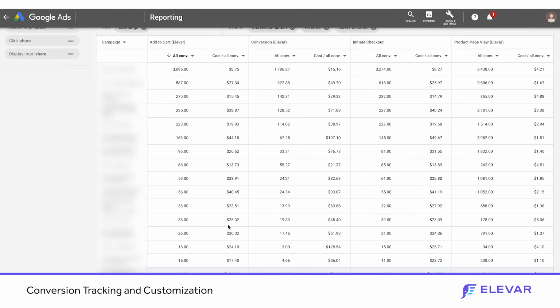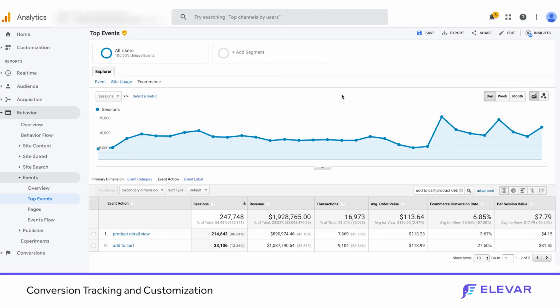So where can you apply this data? Instead of just your purchase conversion evaluation, where can you apply this? If you went through the process of configuring events across your site, or if you have the native Shopify GA set up, you'll have a lot of these basic events like your add to cart, product view, initiate checkout, etc. Inside of Google Analytics, if you drill into the different event actions,